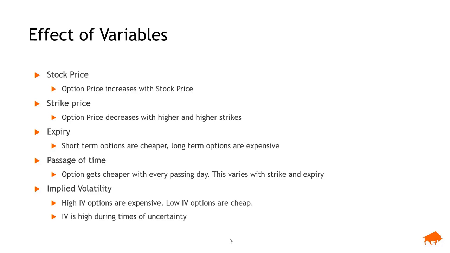So we'll come to what this IV is and all that in a later video perhaps, but it is important to understand that IV usually is super high during times of uncertainty, or when the market is in a downtrend, when there are a lot of gap down opens, etc. IV generally comes with bad news to the market, and when IV is high, options will be expensive. Again, this also varies with strike and expiry.